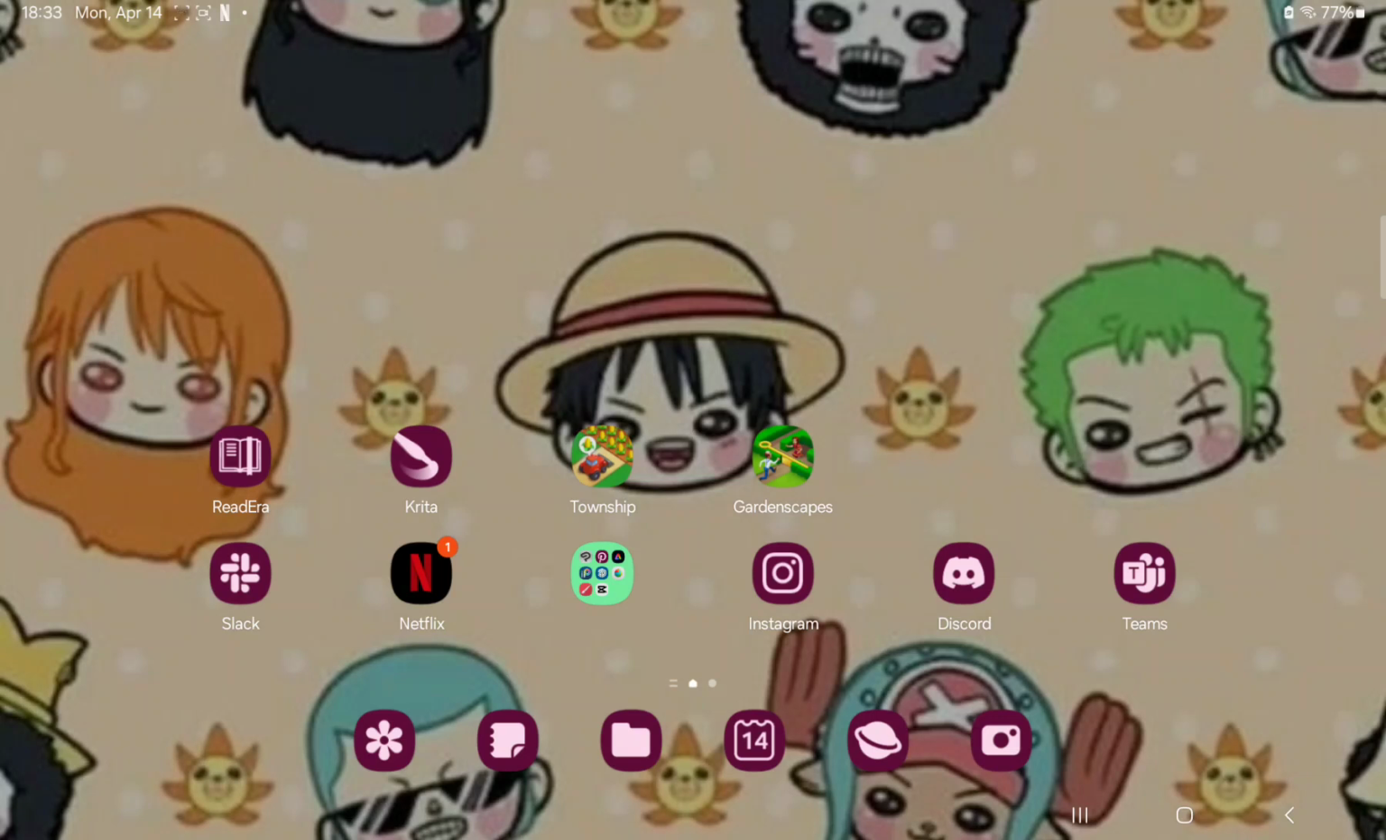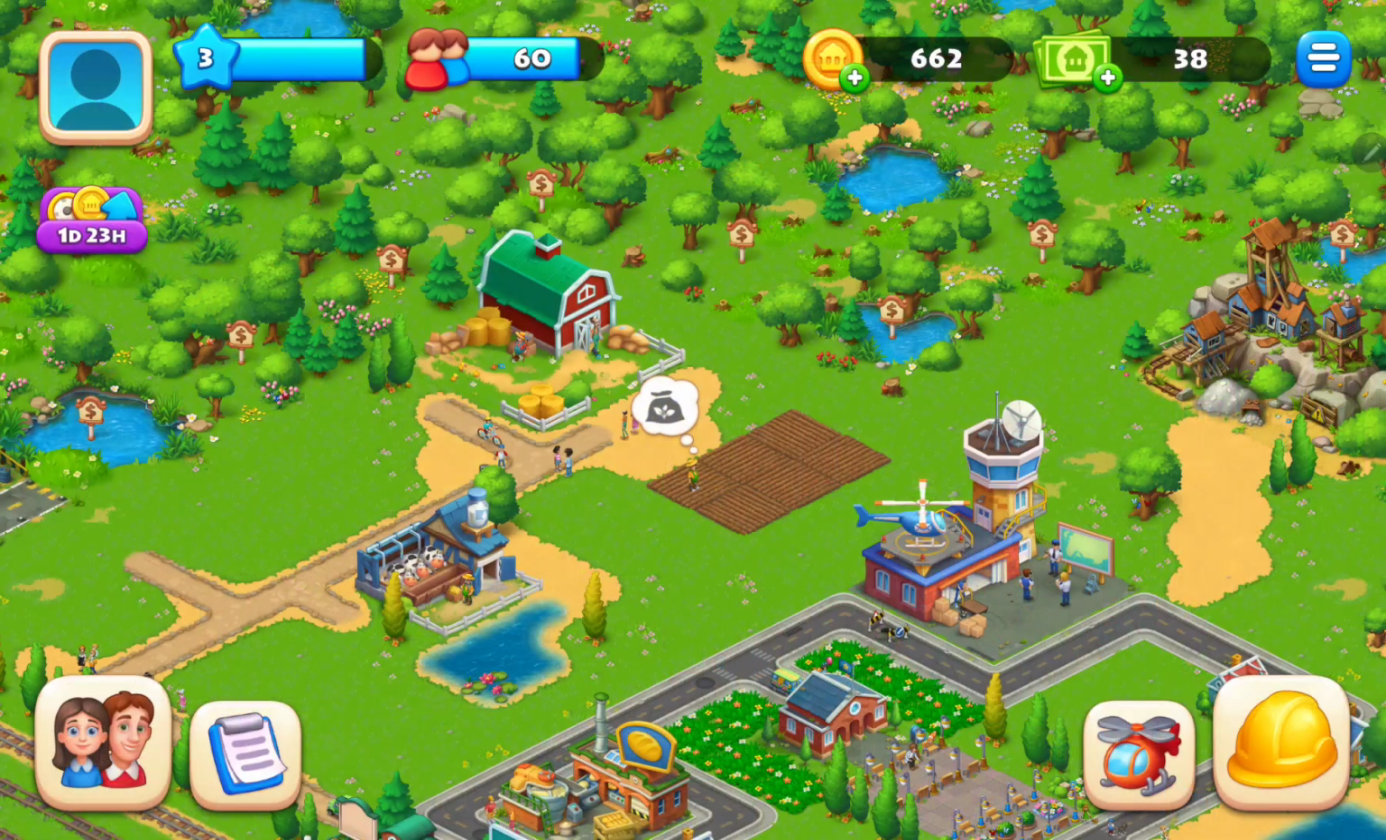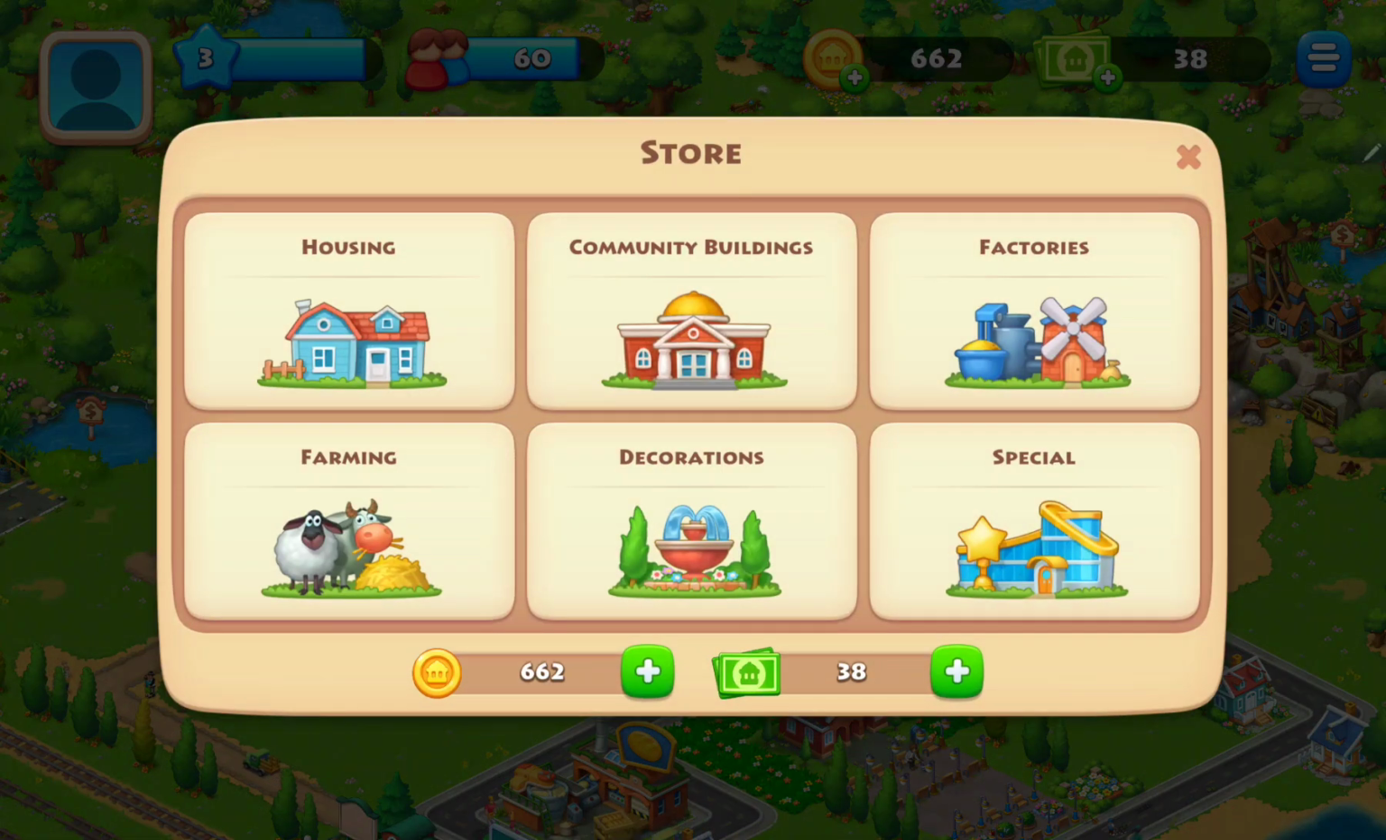First of all, open the application on your device. That's my township, and now, click the lower button at the lower right corner of the screen, and here you can check the store and you